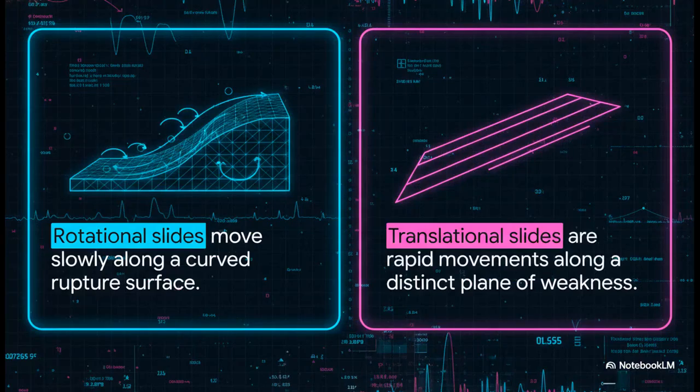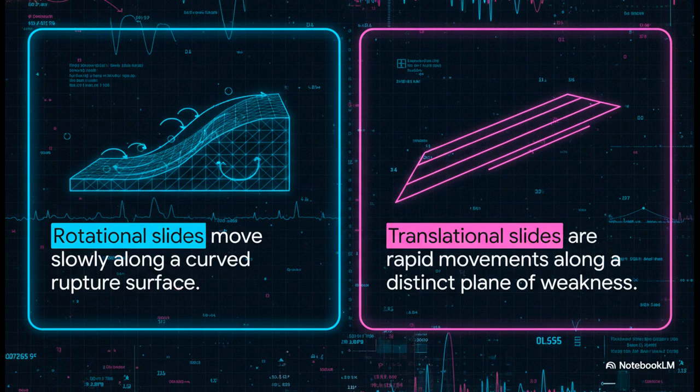Let's zoom in a bit and compare two very specific, very important types of slides. Rotational slides, often called slumps, move relatively slowly along a curved, spoon-shaped rupture surface. But translational slides? Oh, these are incredibly dangerous. They move rapidly along a flat, distinct plane of weakness, like a sedimentary bedding plane that runs parallel to the